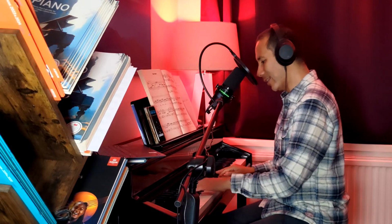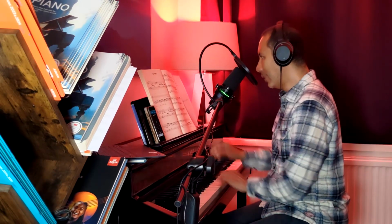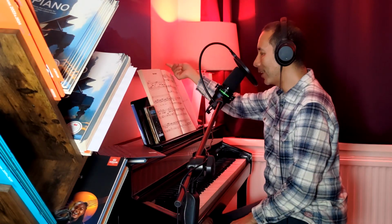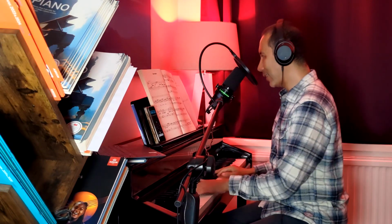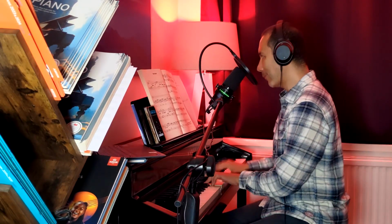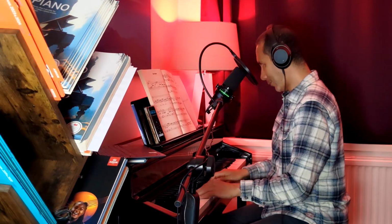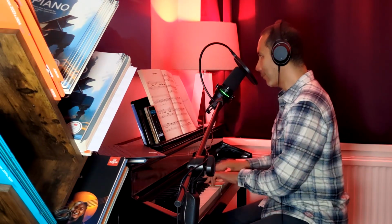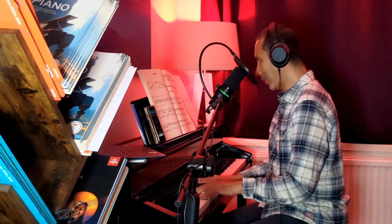and it's more like these are acciaccaturas going, so it's as if the C sharp is actually on the second half of that beat, not in the final semiquaver 16th note. So instead of 1 E and 2, it's 1 E and. So something like that. So that, I think, sounds pretty good instead of...